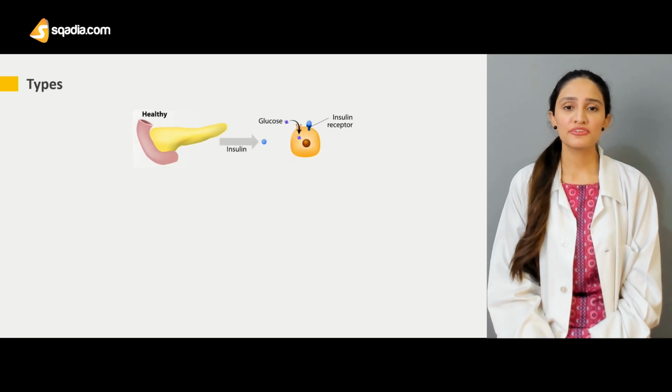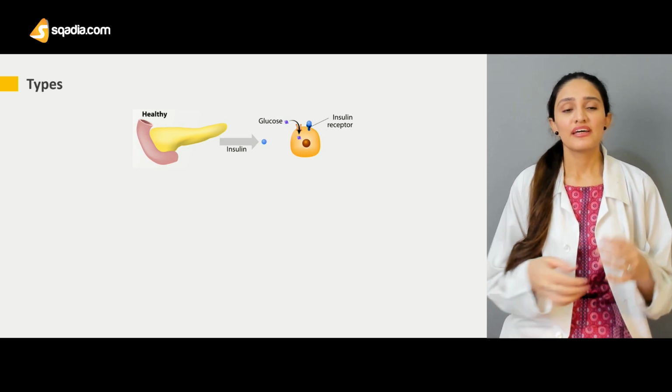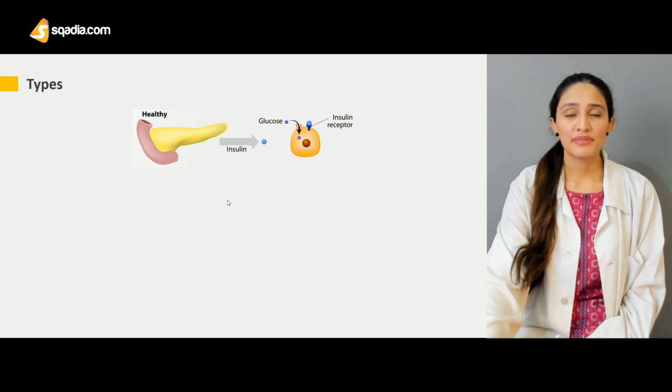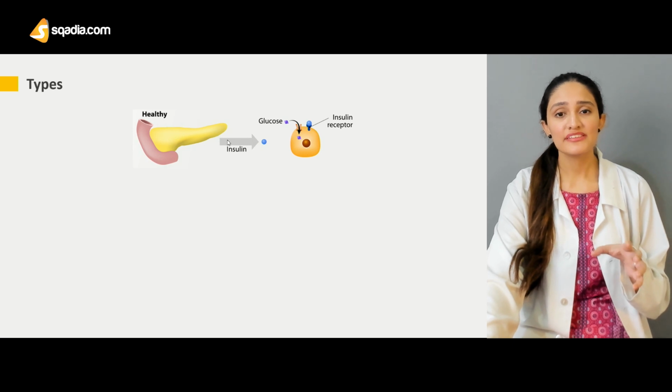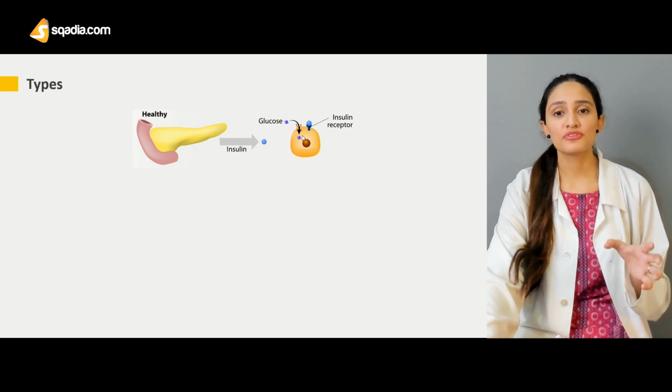So, if we talk about a normal individual, the insulin is usually produced from the pancreas, that is, most specifically, the beta cells of the pancreas. And then this insulin is caught by the insulin receptor on the target cells, and glucose also enters